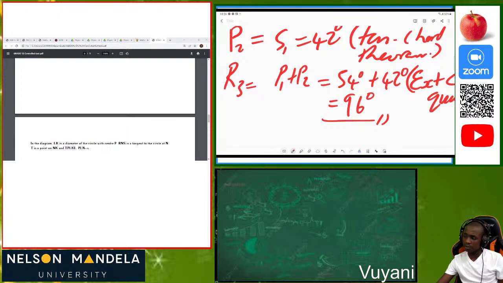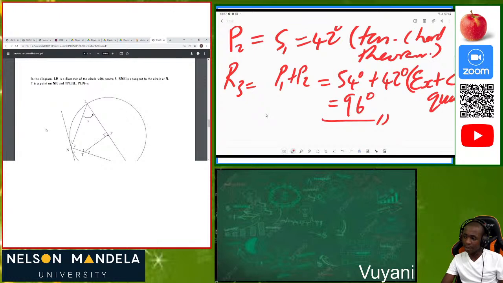All right, question 4. What is question 4 saying? Can you read it for me? Question 4. In the diagram below,